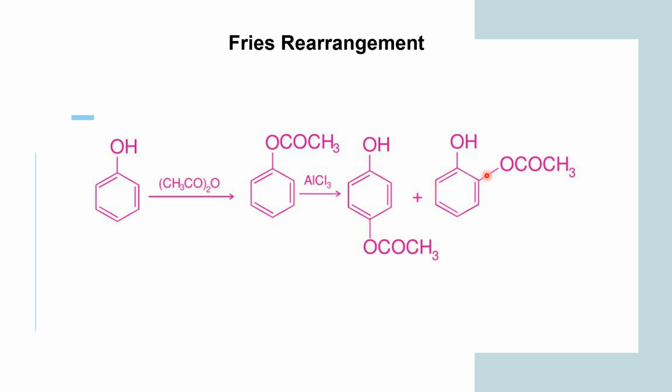Next we have Fries rearrangement, where we have phenol and we have prepared the ester from the reaction of anhydride with phenol, and upon treatment with aluminum chloride we get migration of